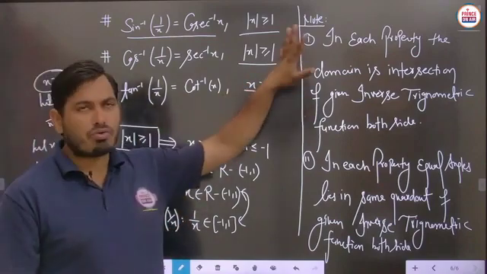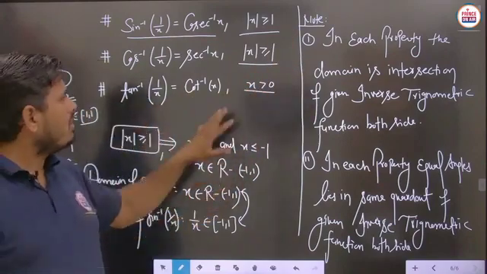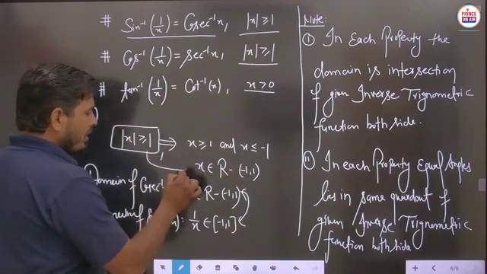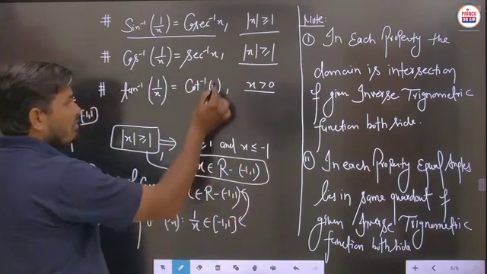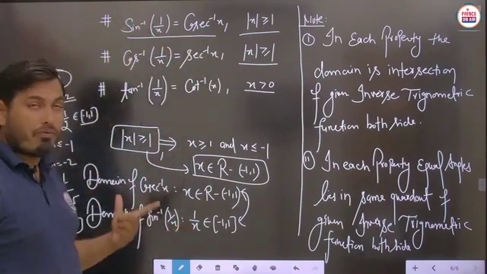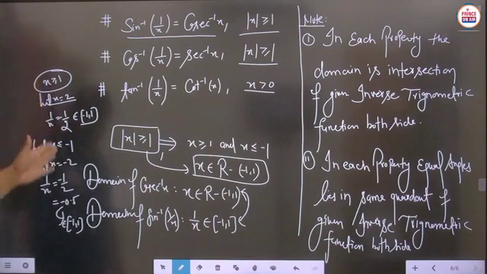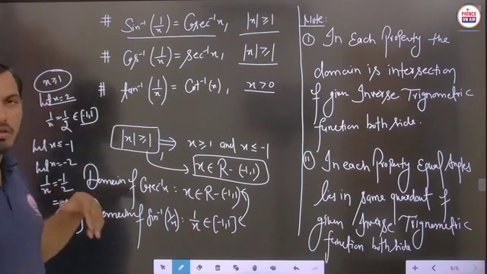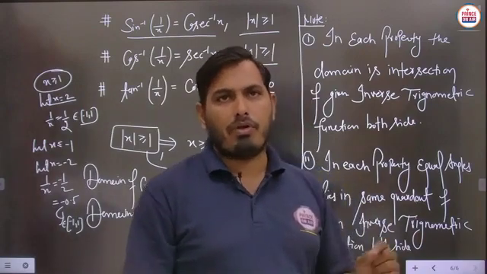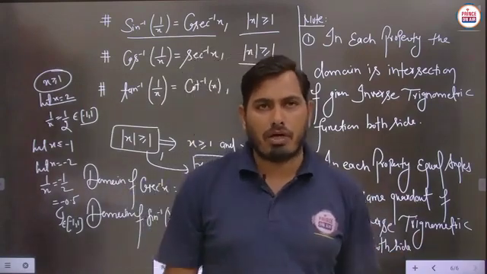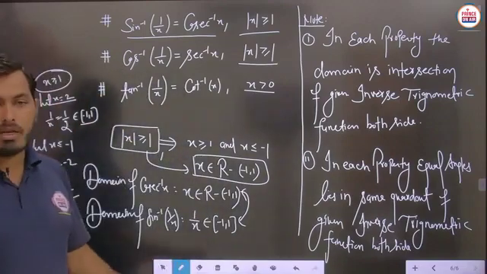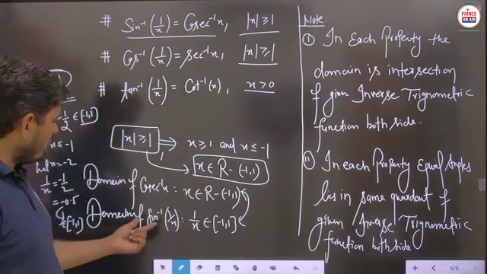So this condition has to be satisfied, because modulus x greater than 1 can be resolved like this. You can write this particular part in this way, and you know very well about the domain of this function, and in this case we just have to calculate the value of 1 upon x. So you can take examples where you take any value greater than 1 or any value less than minus 1. Then we will check whether 1 upon x is obtained between minus 1 to 1 or not. So basically 1 upon x has to be obtained between minus 1 to 1. Then definitely this domain is satisfied.